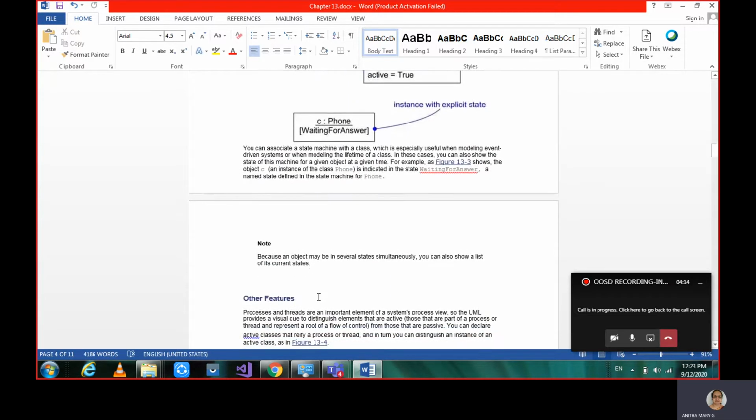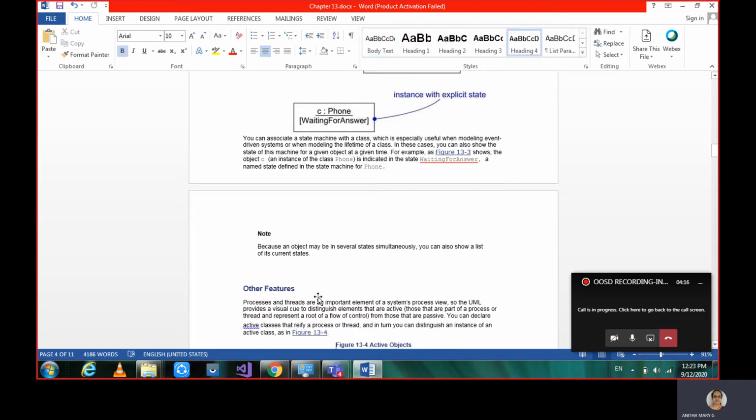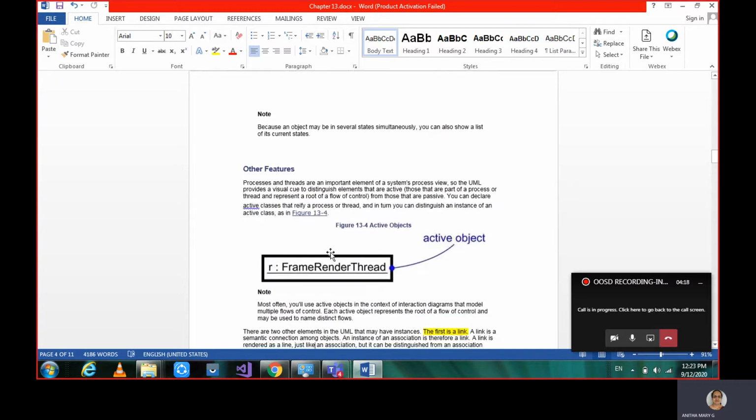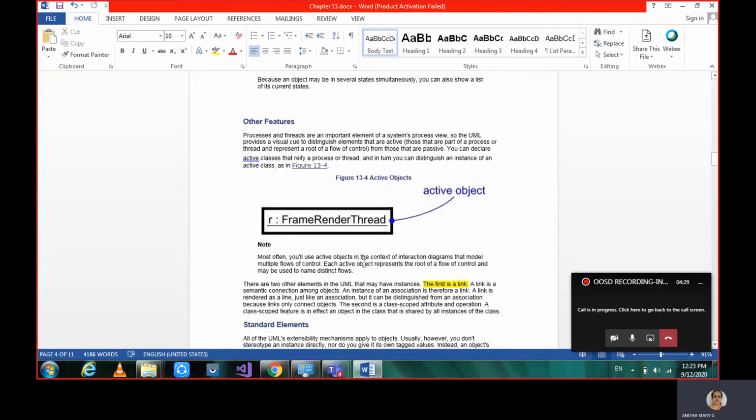And then moving on to the other features. Here we can talk about two things. The first one is about active class. If any object is under process, then we call it an active object. There are two other elements in UML with instances. The first one is link.